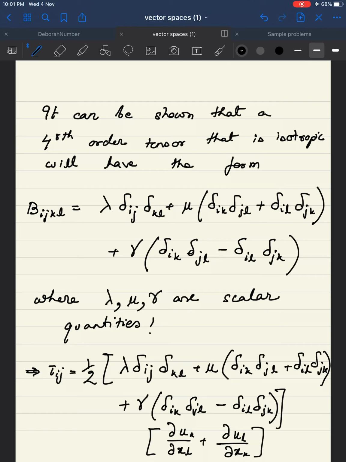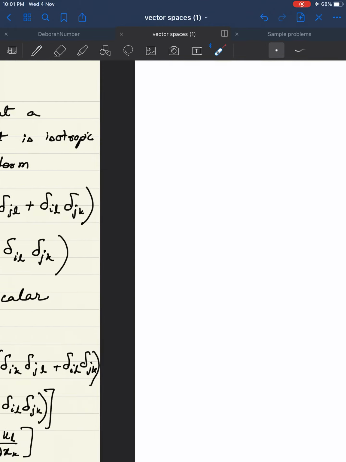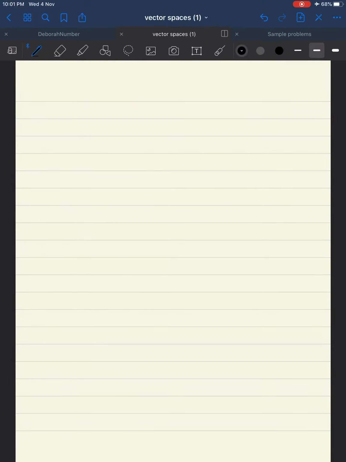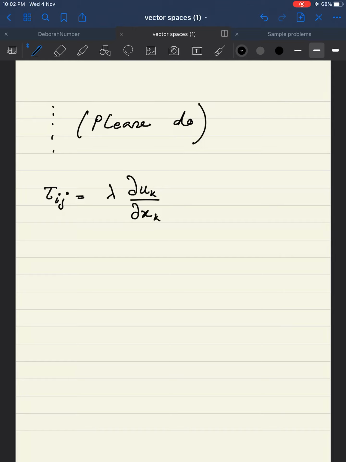So now you have to carry out this huge multiplication. When you do that, and I will not, please do these steps yourself, and when you do this, then it should simplify down and come down to this: lambda times del UK del XK